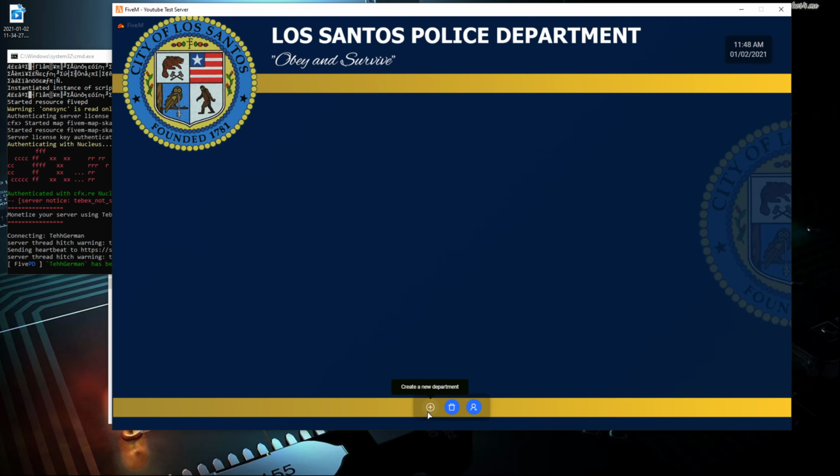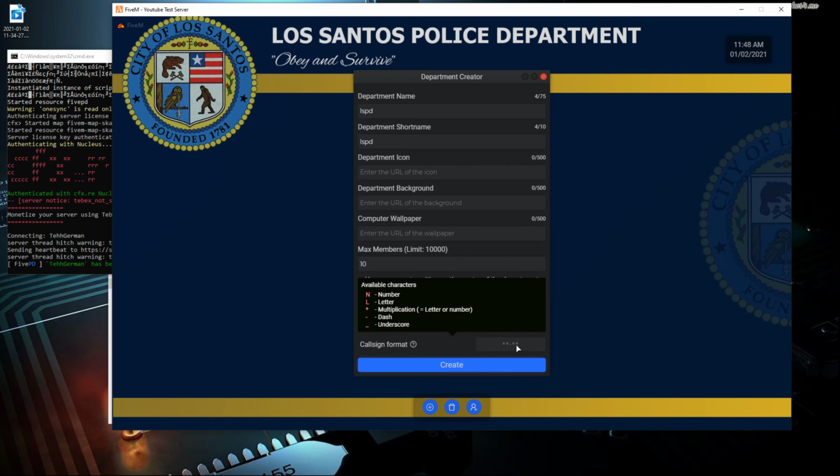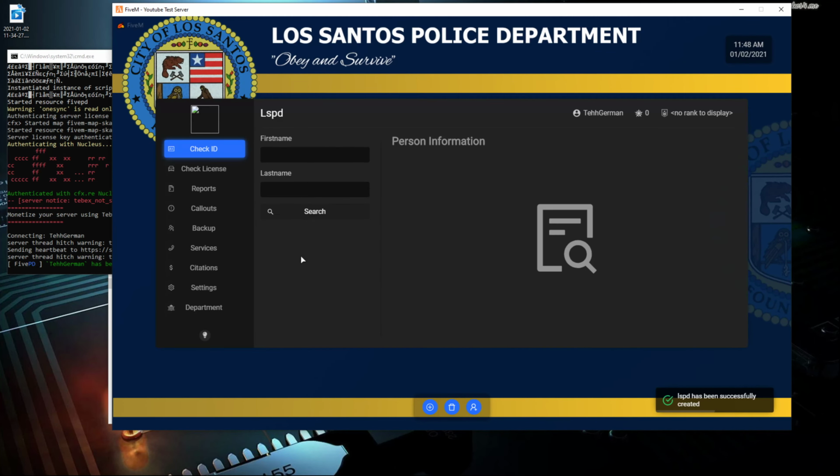But in here you create a new department and we're just gonna name it LSPD, Los Santos Police Department. Put some members, make sure you put at least 10. Our radius, make that 10, and our call sign, we'll just make that N. Just something basic to create a department. And we're gonna join that. Now inside that department, we're gonna go ahead and